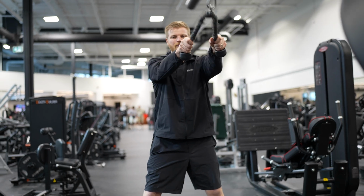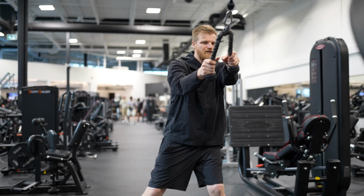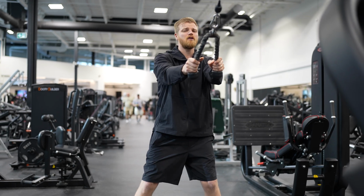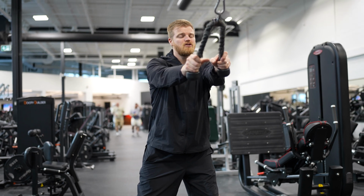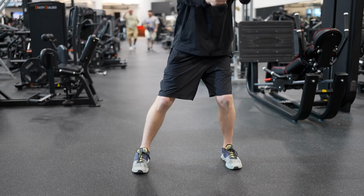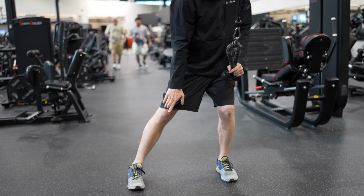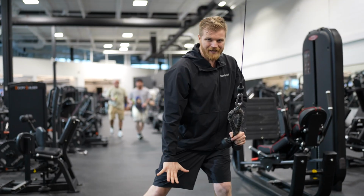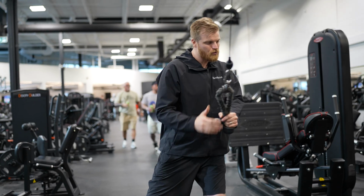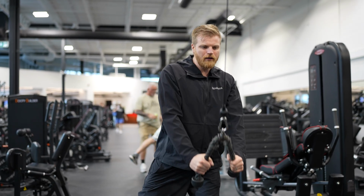By having the cable in front of me, I now have to shift into my left hip because the cable is going to pull me towards my toes, so I'm going to have to shift back towards my heels. So when I pull the cable down towards the left, it's really going to reinforce that right arch coming down, turning the hips towards the left, and then by pulling the cable down, it's going to really put me into